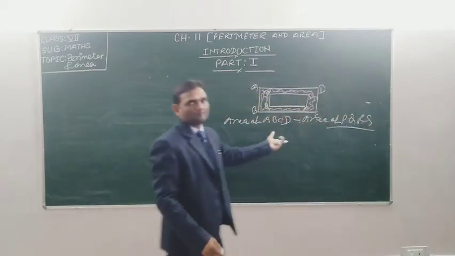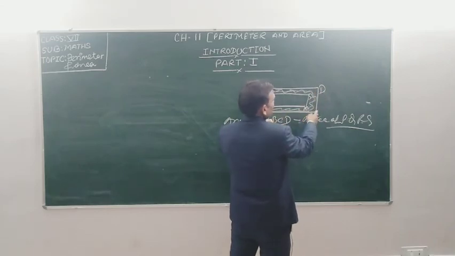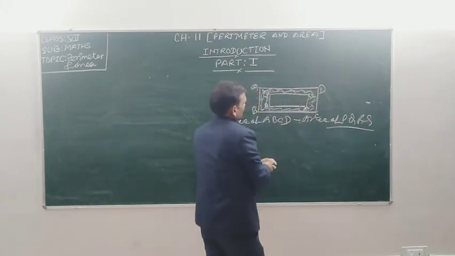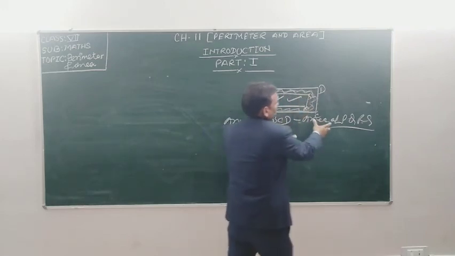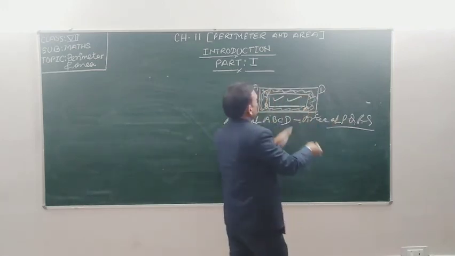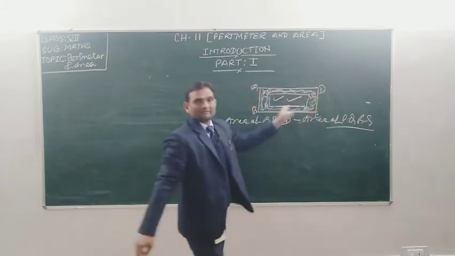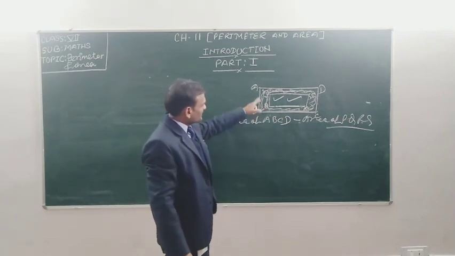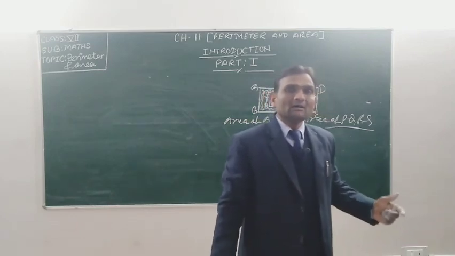Very easy student. अगर इस फुल बड़े वाले का पूरा एरिया मैं फाइंड आउट करूं, इट मींस पूरी जगह ये निकल गया, और इसमें से इस पूरी जगह में से अगर इस जगह को मैं माइनस कर दूं, इतना P, Q, R, S इसको निकाल दूं तो बचेगा क्या? This amount of surface will be left. So in this way we can find out the area of the parts.